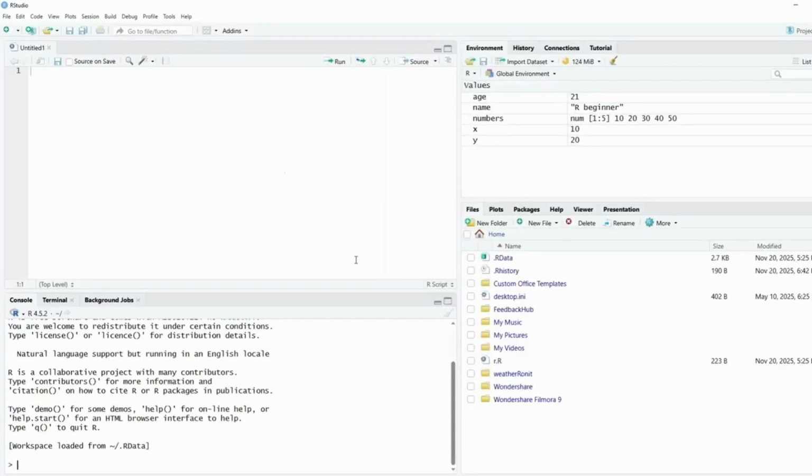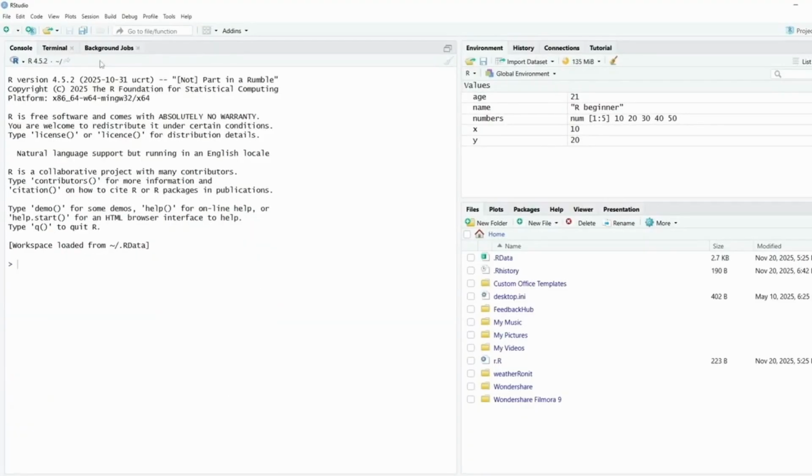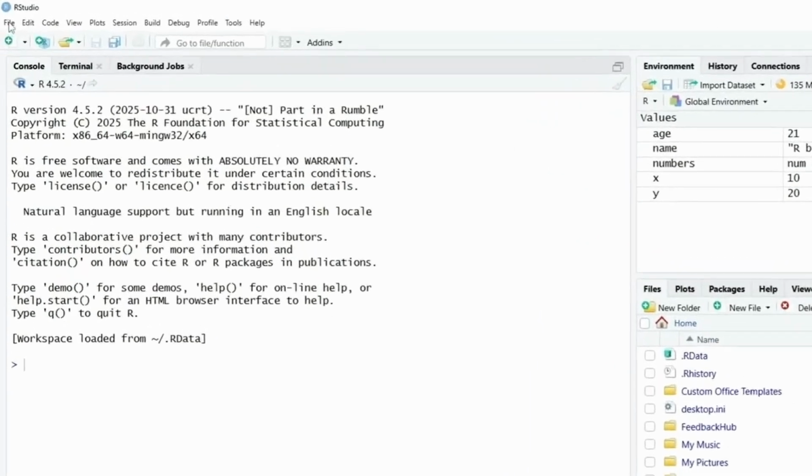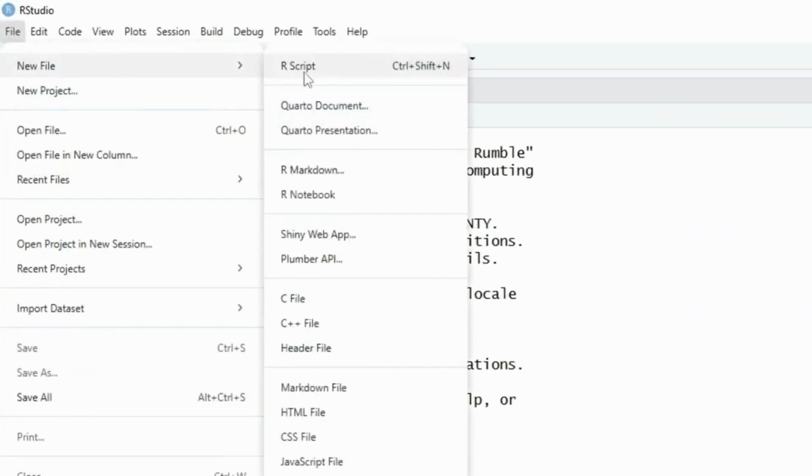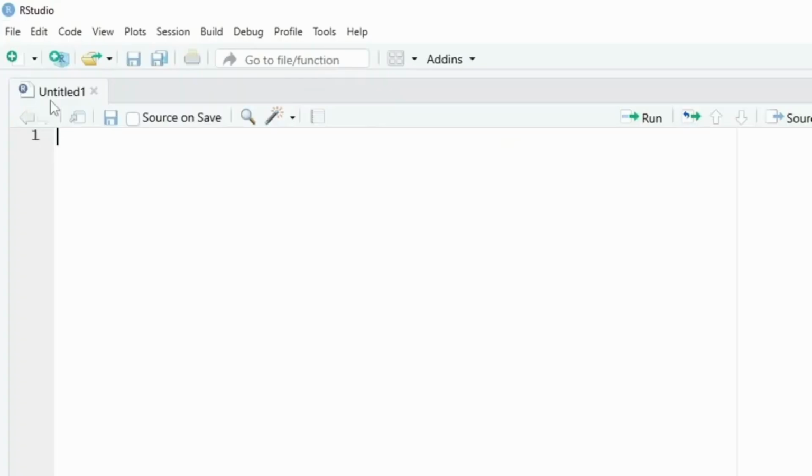And if you don't see the main panel at first, when you install RStudio on your device, you'll be prompted with this. You don't have to worry if you don't see 4 panels. You can just head over to File, then New File, and then R Script. This will open a new R script for you, and then you will